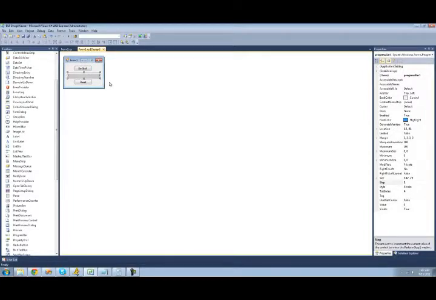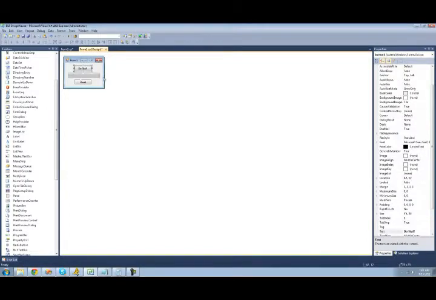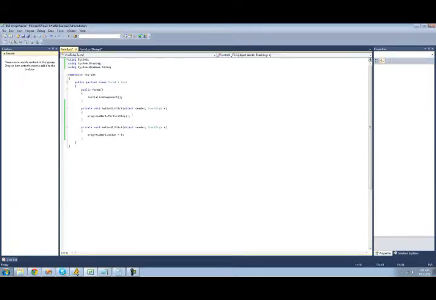The next one that I'm going to be showing you is mainly going to be used when you don't know when a process will end. So you're just going to want to change the Style down here to Marquee. And in order to have it do marquee, we're going to be using the MarqueeAnimationSpeed property. And if we keep this at 100 right now, it will basically just start moving as soon as we debug, and we don't want that. So we're going to have it only start moving across when we click this Do Stuff button. So we're going to set the